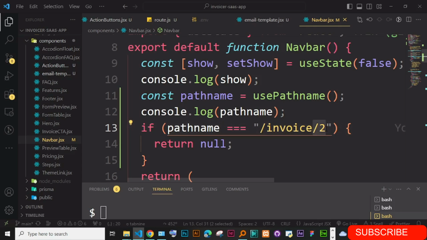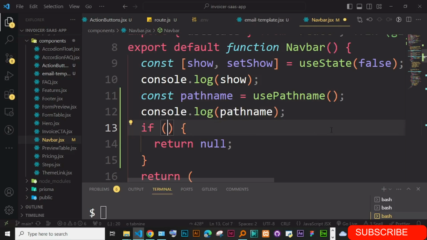We cannot know the ID, but we can just say if the pathname dot, maybe